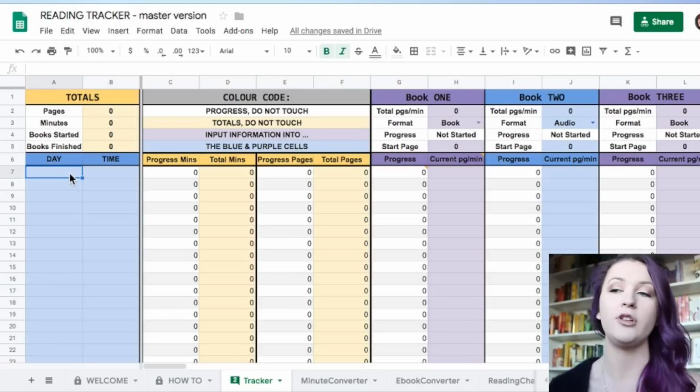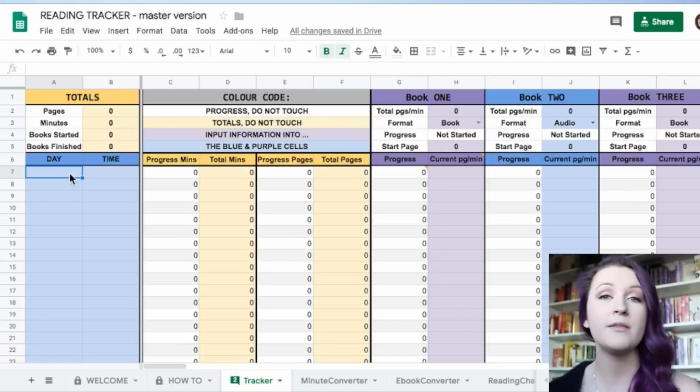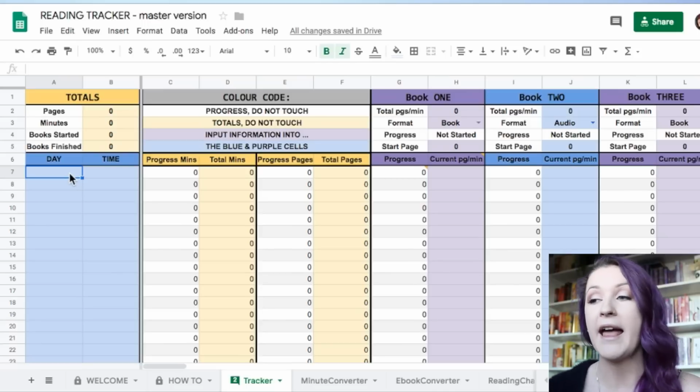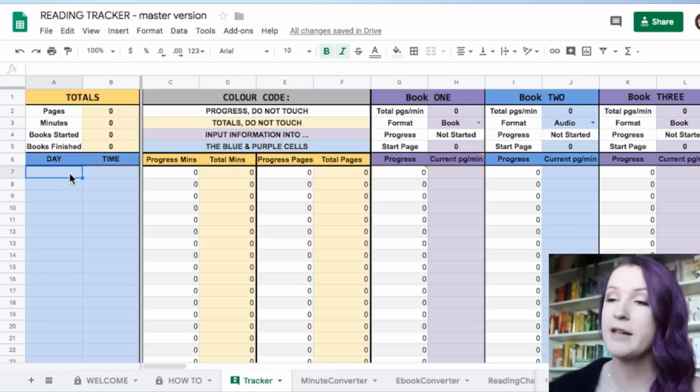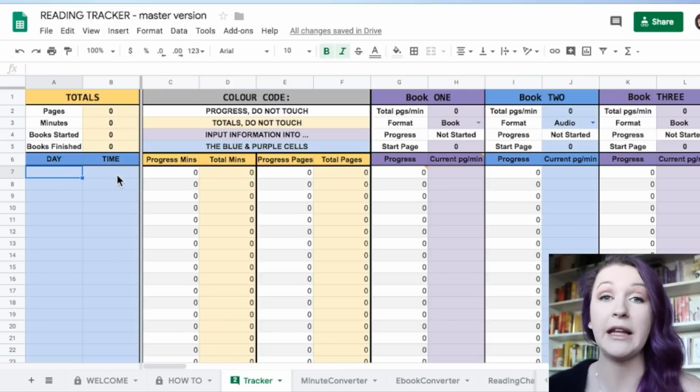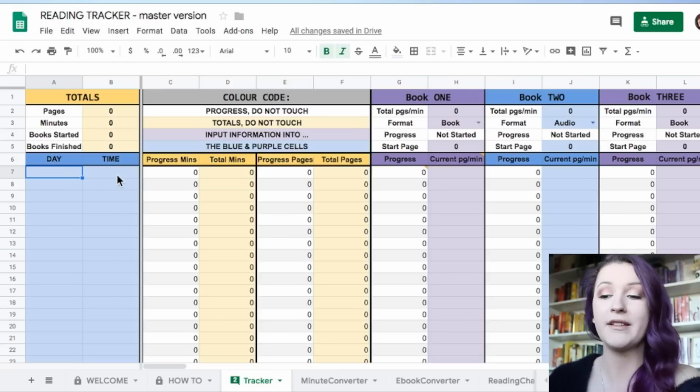So for me, I often use this spreadsheet for readathons where I do vlogs, and at random points throughout the day for the entire duration of the readathon, I'll film an update and be like, this is what I've read so far. And at that time, I'll put up a little page counter on the screen. So it's going to be completely random, but you might want to track things in a little bit more of